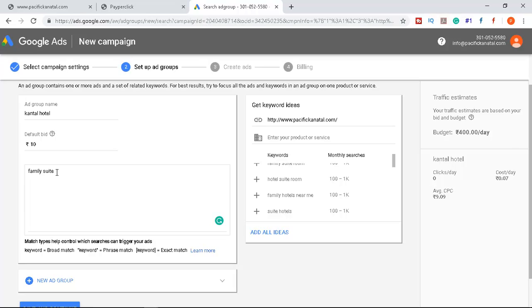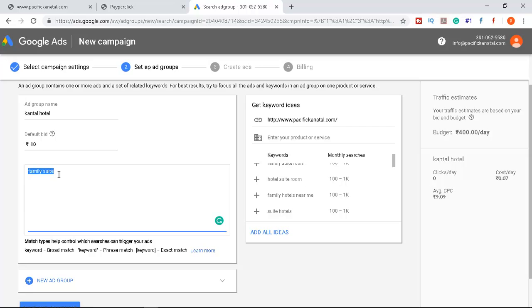That means someone searching for family suite, if my ad shows on this keyword, that is not related. If someone is searching from another location, not in Kanatal, my ad will be shown, and that is of no use to me. So actually I want the people searching for my specific location, which is Kanatal,